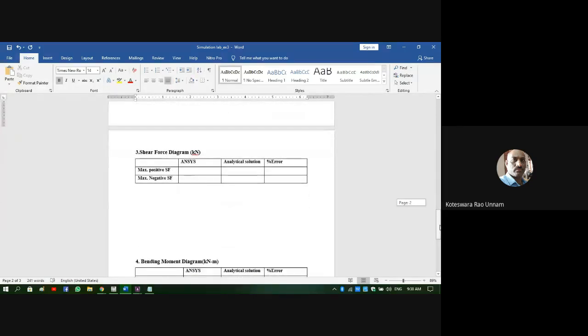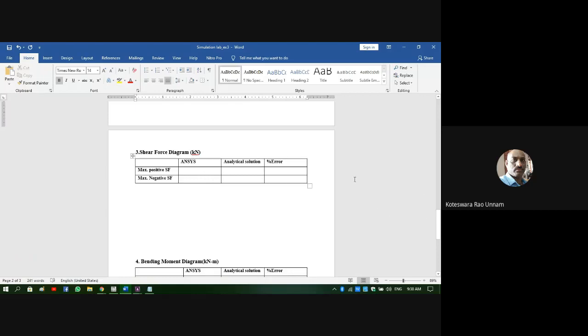Similarly, you need to draw the shear force and bending moment diagrams. From them, we can find the maximum positive bending moment and the negative bending moment. Also take an image of the shear force diagram from the software and paste it here.